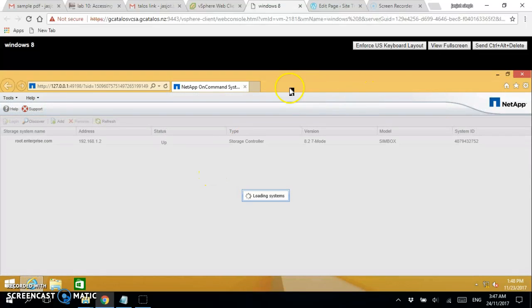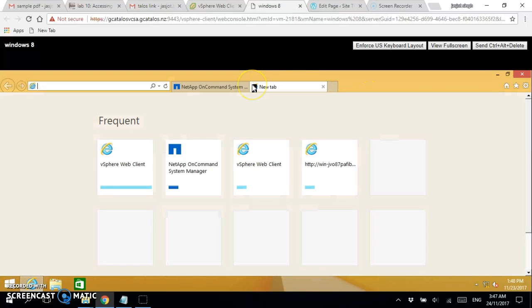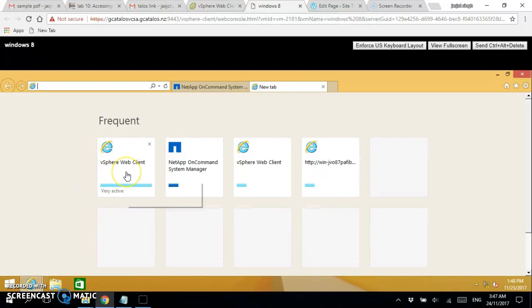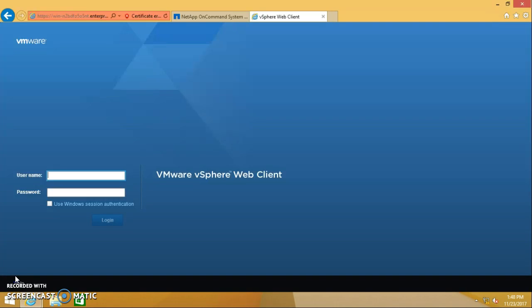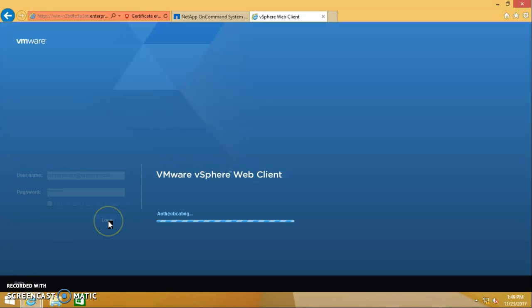Here I will log in through the browser on my vSphere web client as administrator. I have entered the username and password of the administrator, and now I will log in to the vSphere web client.